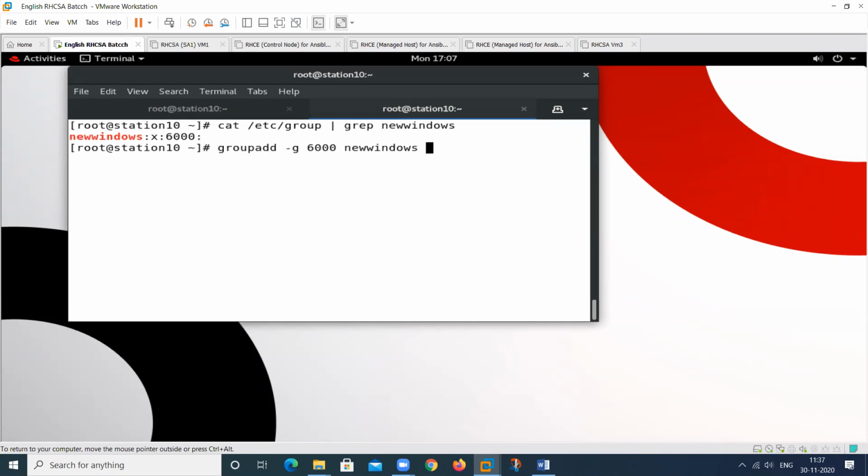So I will create a new group, give the ID. You can also provide the ID, and you can also use -r. You can use multiple options at the same time. So at this time r means system account. So give a new name, linux, this one, check.